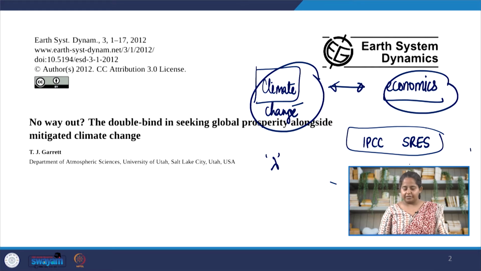The explanation given for this assumption is that as we make our technology more energy efficient, as we make our technology more decarbonized, so that for a given amount of energy that is required for a particular work to be done, the carbon emissions are lower, it is quite possible to continue growing our economy like we have in the past few decades and reduce or contain, at least contain, the amount of GHG gases, specifically carbon dioxide, in the atmosphere to a relatively safe level. Of course, we are way past the safe level now already. At the time of writing this paper, the idea was to maintain it below 450 parts per million. And now that doesn't seem very feasible to us.